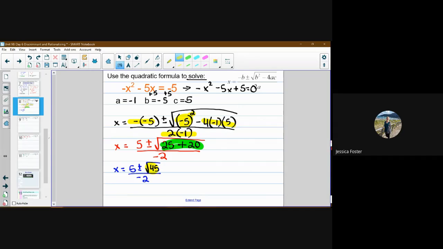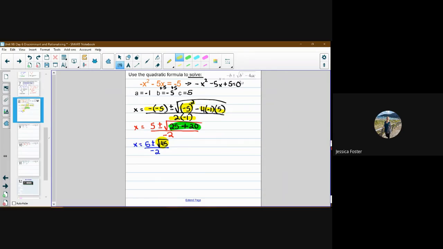So we're going to simplify the square root of 45. So I'm thinking of, well, first of all, is 45 a perfect square? Go through your list. It is not. Okay, so now we have to go through and think, what is a perfect square that goes into 45? And we're going to simplify that. So I'm going to do this over here. Square root of 45. Well, that equals